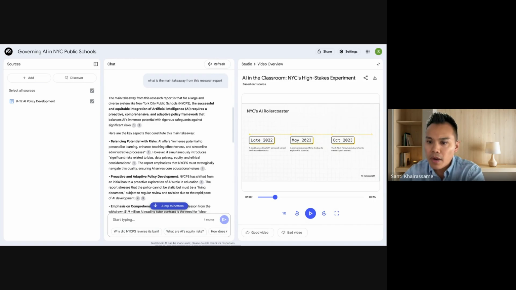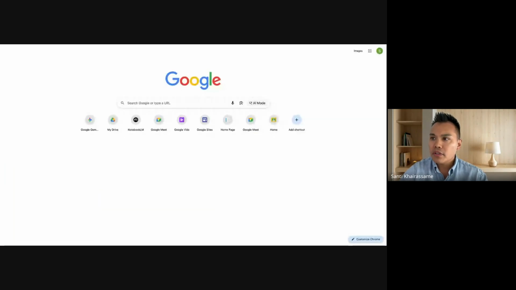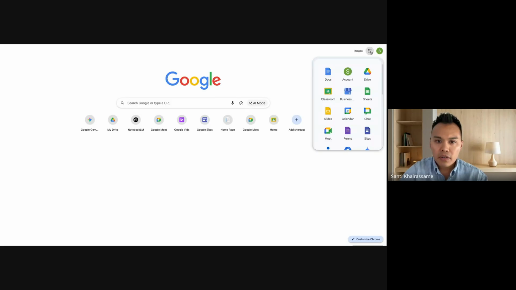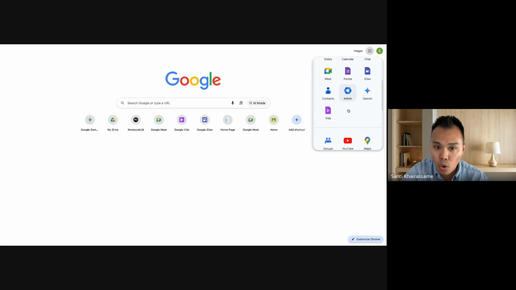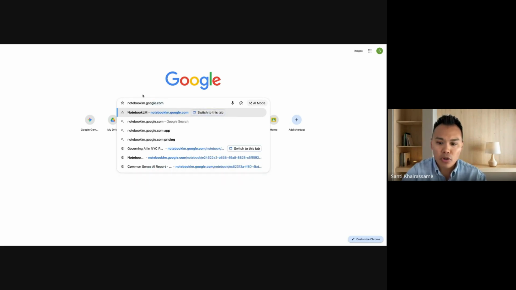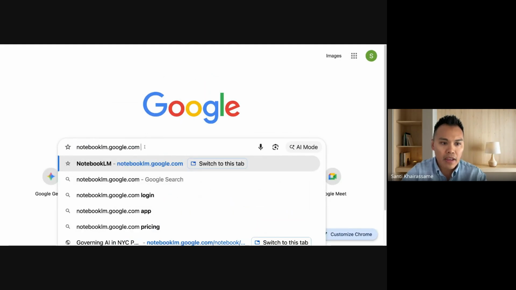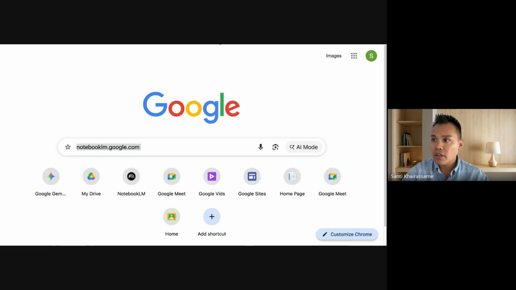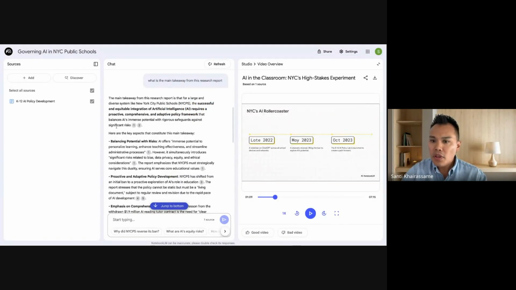It's crazy. Yeah, Alexandra, sorry. This is all in Notebook LM, right? So if you're in your Google account, again, these dots up here, you can go to Gemini, or you can go to Notebook LM, or if you wanted to, you can type in notebooklm.google.com. That you would put in the address bar in your DOE account. I can't emphasize this enough. In your DOE account. All right, but we're all in Notebook LM.